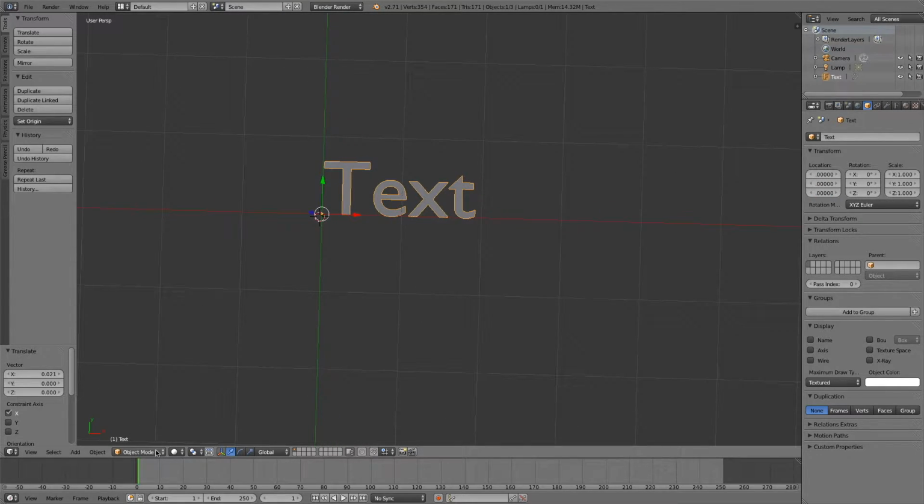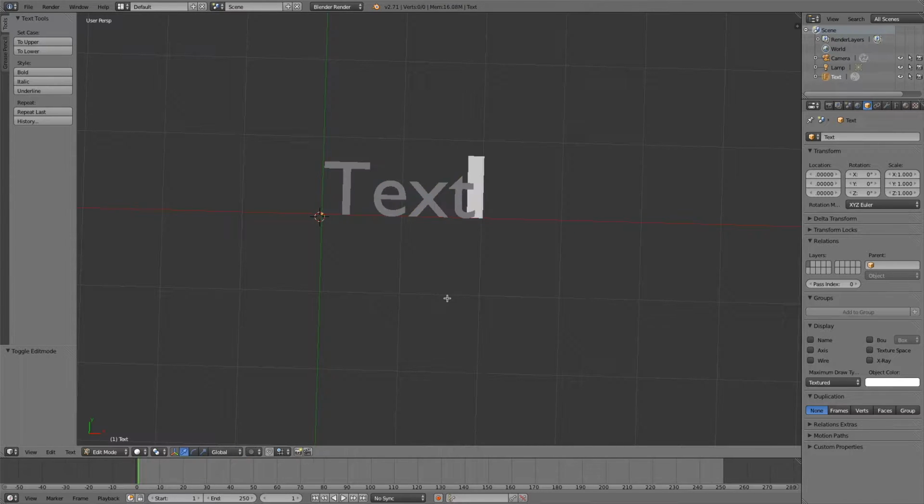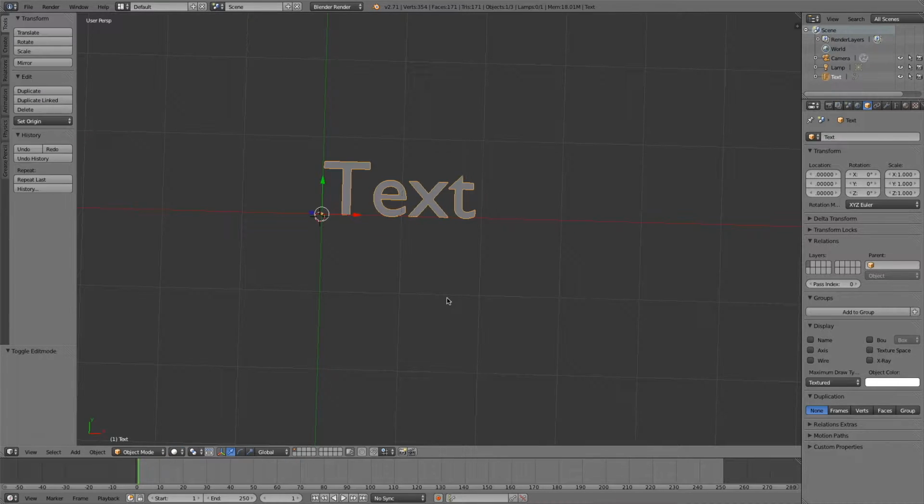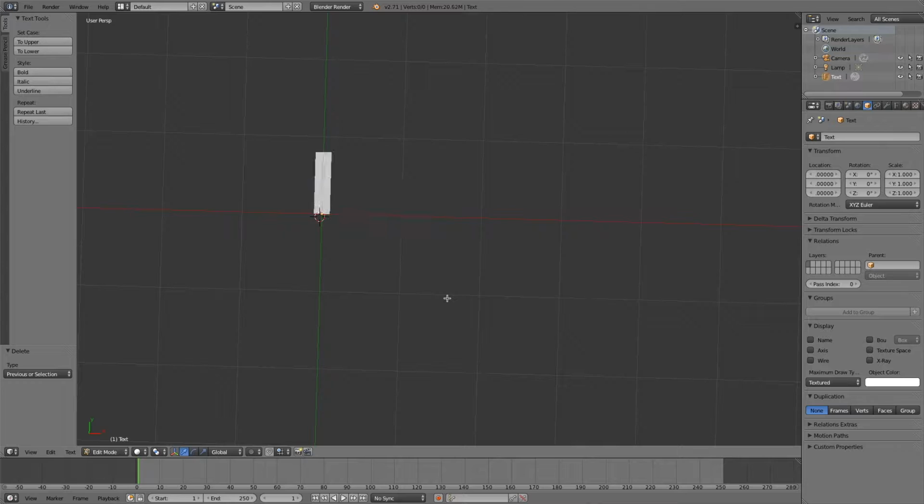Now to edit it, we have to go into edit mode. We can do this by going from object mode down here to edit mode, or we can just press tab and that will go between the two. So now we can edit it. So let's just say Mr. Cool